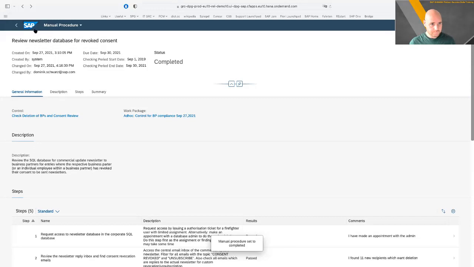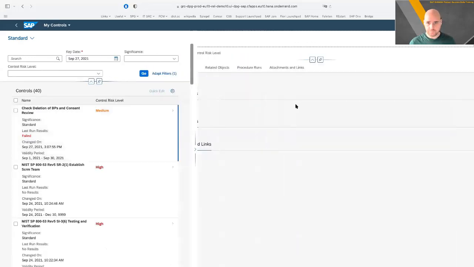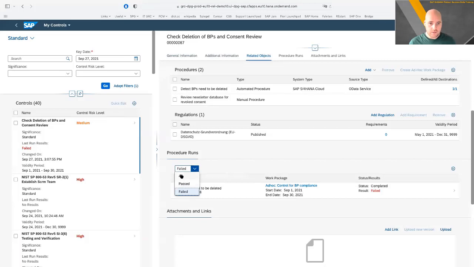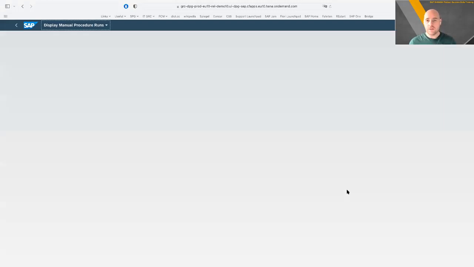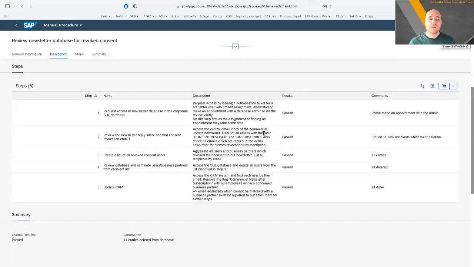It's done. And when I go back now to my control, and see here, go here in all runs. So I see now that my automated procedure is still in failed, of course, and my manual procedure is now in passed. And I can review here as a control owner. I could drill into and review exactly what I just documented. This stays in the system with the description and everything which is